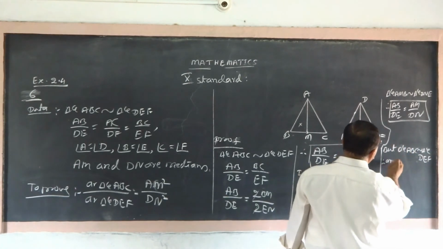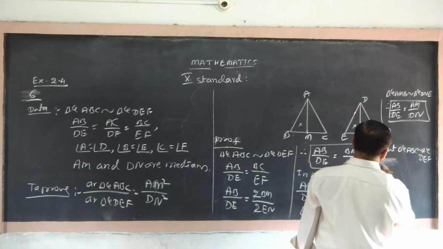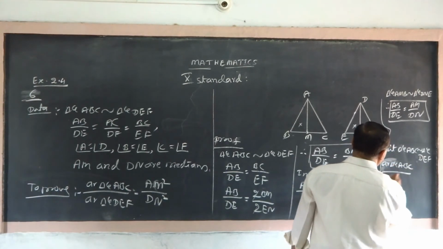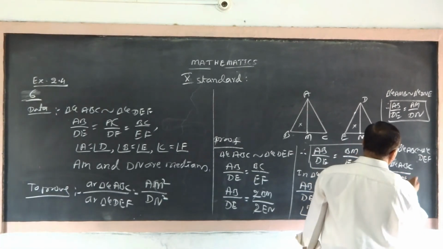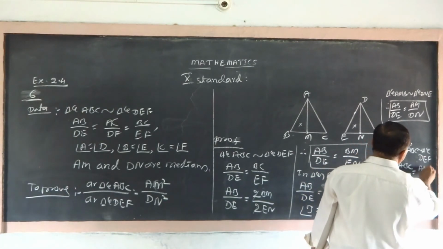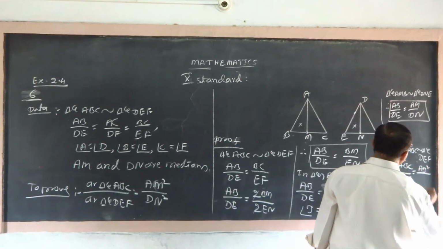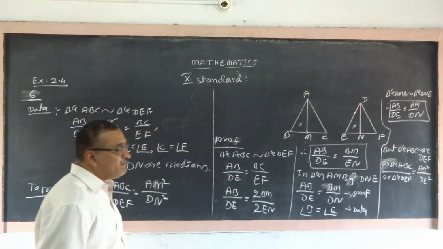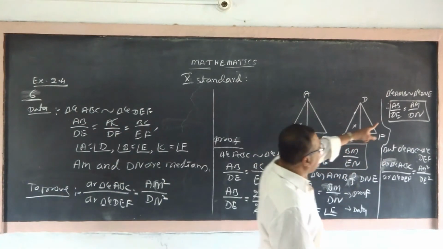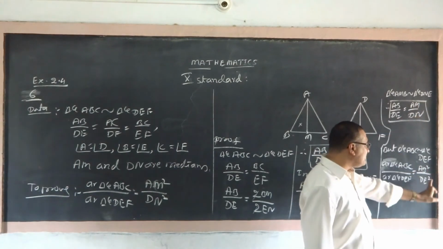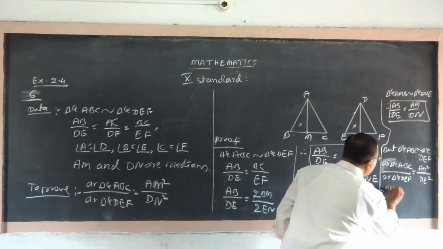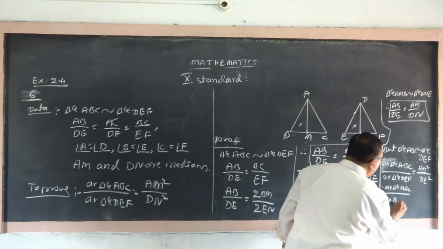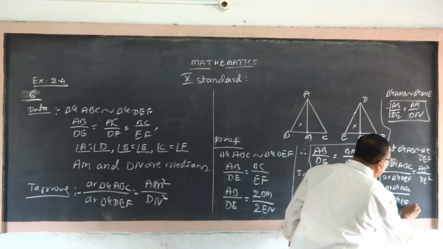Therefore, area of triangle ABC by area of triangle DEF is equal to AB square by DE square, according to the theorem. What is AB by DE? AM by DN. If you substitute this, therefore area of triangle ABC by area of triangle DEF